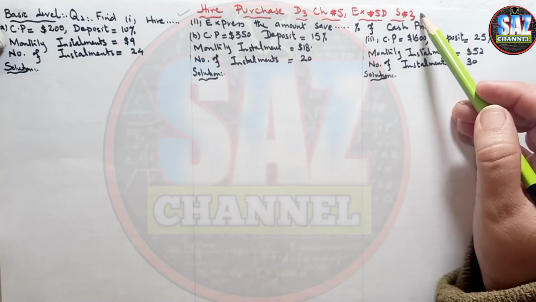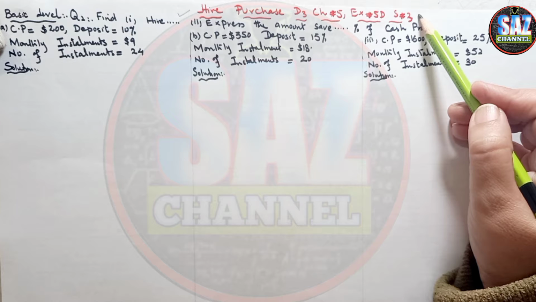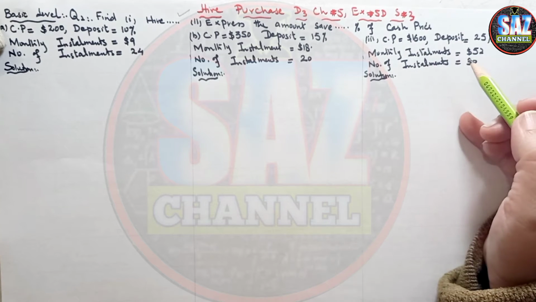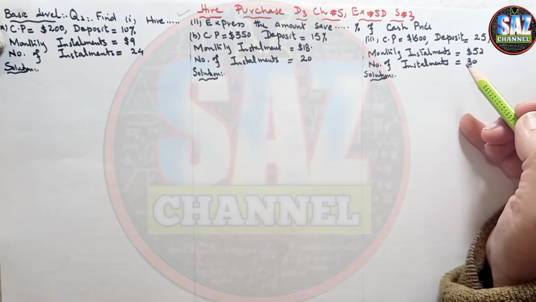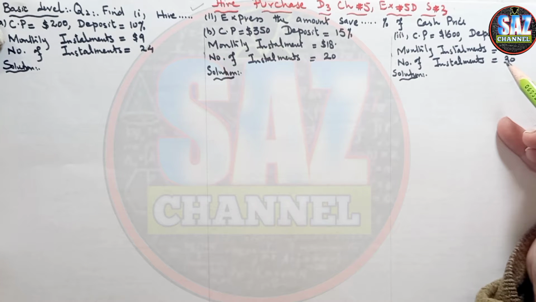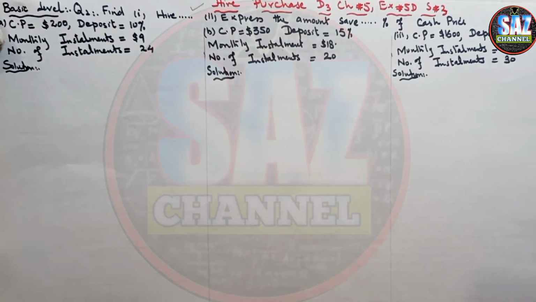This is my third lesson of D3, chapter number 5, exercise 5D, that is about hire purchase. Before starting the lesson, you should have a good command of the terms, the hire purchase formula, language and symbols. If you find any difficulty in understanding basic concepts and language, you have to watch my previous lesson, for which I'll give the link in the description box, because for better understanding of mathematics lessons, it's really important to integrate the new lesson with the previous lesson.